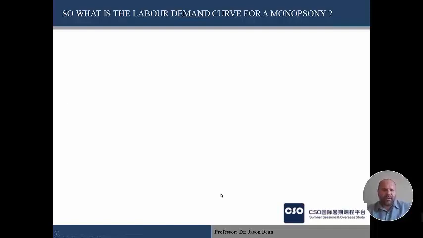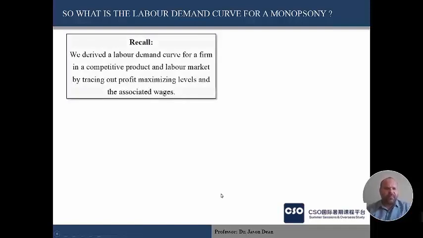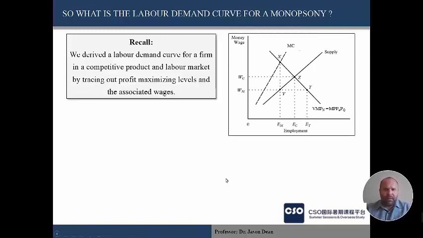So what's the labor demand curve for a monopsonist? So remember before, in a competitive market, we derived a labor demand curve by tracing out profit maximizing levels and the associated wages. So we had different wages that could occur in the market, and we set them equal to the value of marginal product to get the profit maximizing amount of labor. But so here we have the labor demand curve,